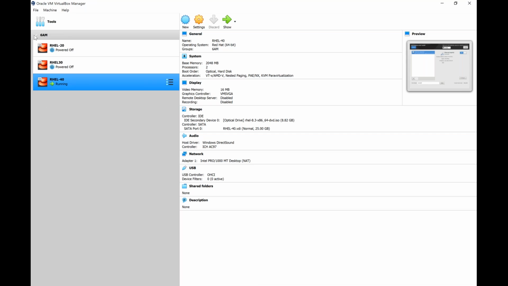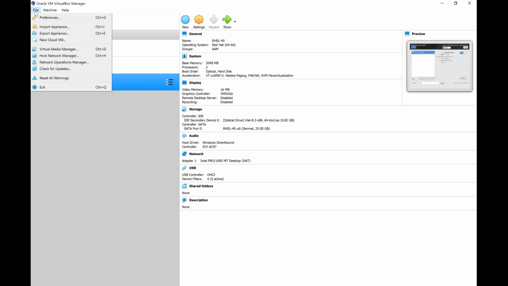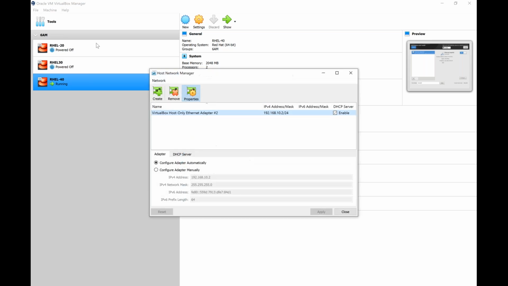First thing, I need to go to File, and you see there is an option Host Network Manager. Go to File, Host Network Manager, and over here you will find something called VirtualBox Host Only Ethernet Adapter, and it's selected as configure adapter automatically. Just select configure adapter manually. It might show you some different numbers over here, guys. But please assign the IP